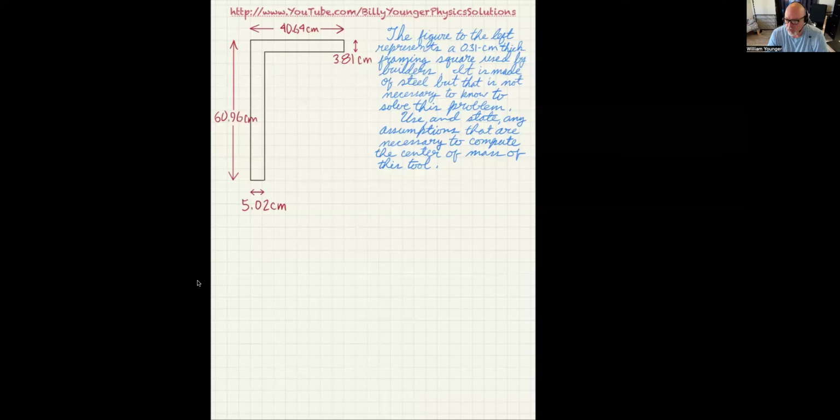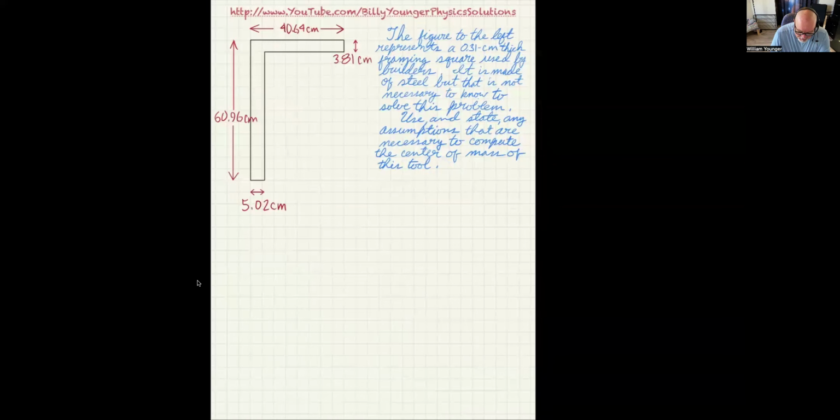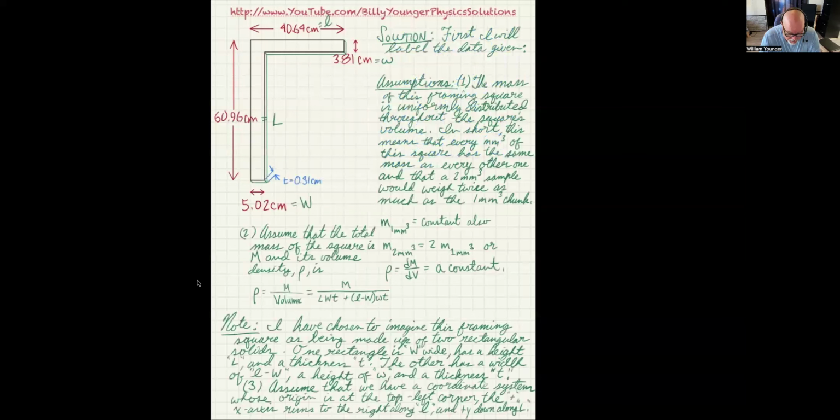Again, when you're using that formula, if the m sub i are not point masses, then you have to find the center of mass of each of the objects, M1, M2, M3, and so on and so forth. So we're going to be doing that as well. Let me go ahead and flip to the next page where I start to write out some of the assumptions and other stuff. So I flip to the next page, and what I've now included is a three-dimensional representation of the framing square. I've added a little bit of thickness, as you can see by the red markers, and the blue writing